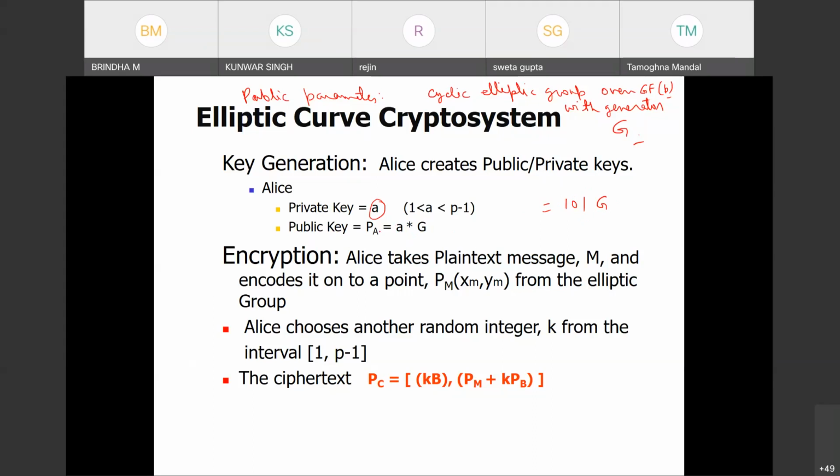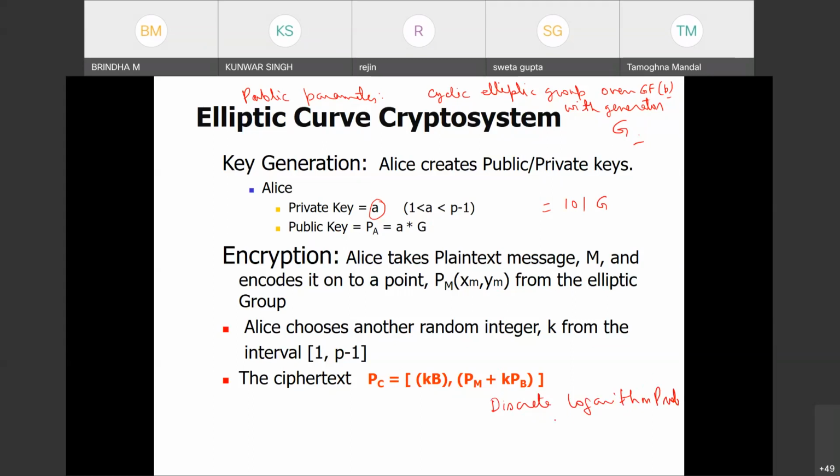Now this public key will be known by everyone, because you have to keep it public. You will keep the private key in some secure place. And G, I told you, is also public. Now whether the adversary can compute A, that is the hard problem. That is called the additive discrete logarithm problem. You might have seen it in the first morning's class. So DLP, the discrete logarithm problem. I say it's a hard problem.